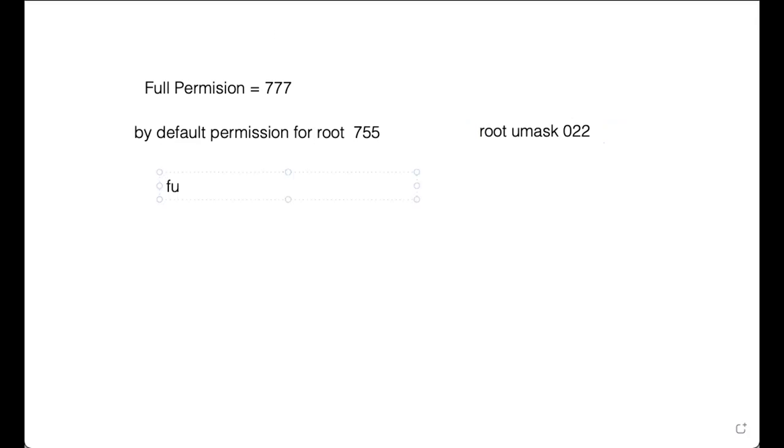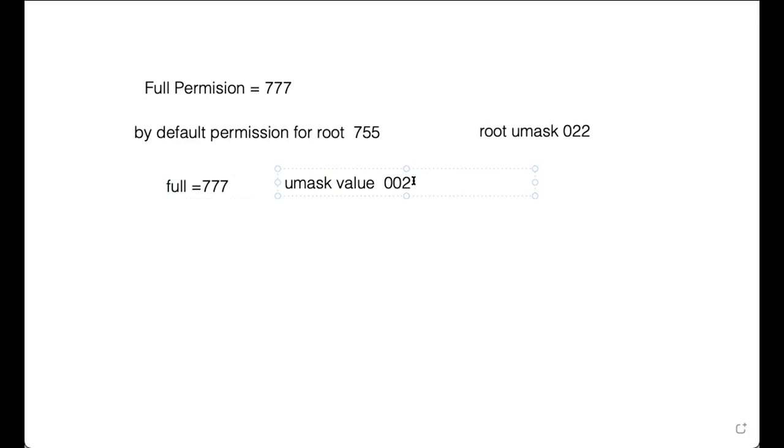Full permission is 777, and the umask value of a normal user is 002.